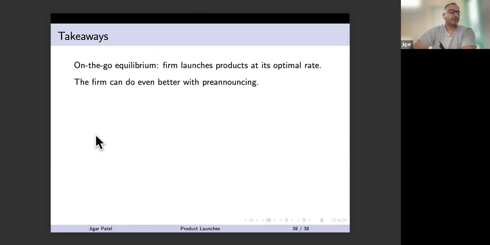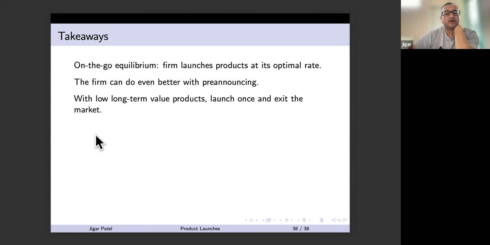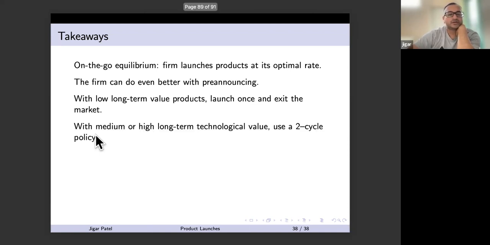We understood that if the firm was pre-announcing, if it can somehow commit saying, we are going to launch a product with technology level Z1, the second product will have technology level Z2, the third Z3, and so on, they can make more money. So pre-announcing is better. What was the optimal product launch strategy in that case? If the long-term technological value of the product is low, which was an unlikely case, the firm will exit the market. If it's medium or high, which is the reality,